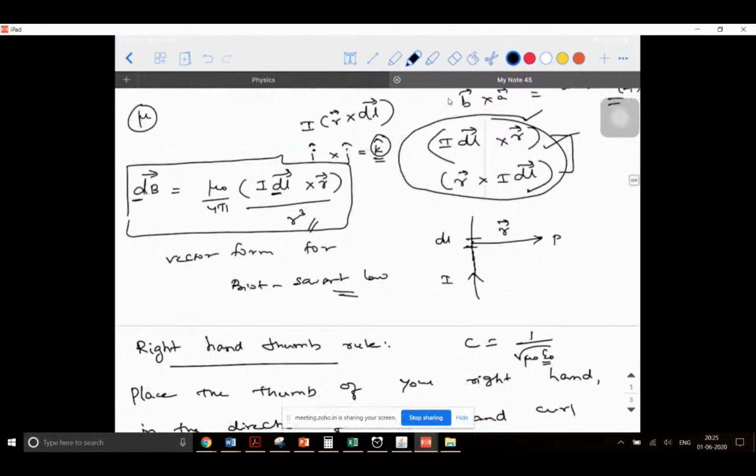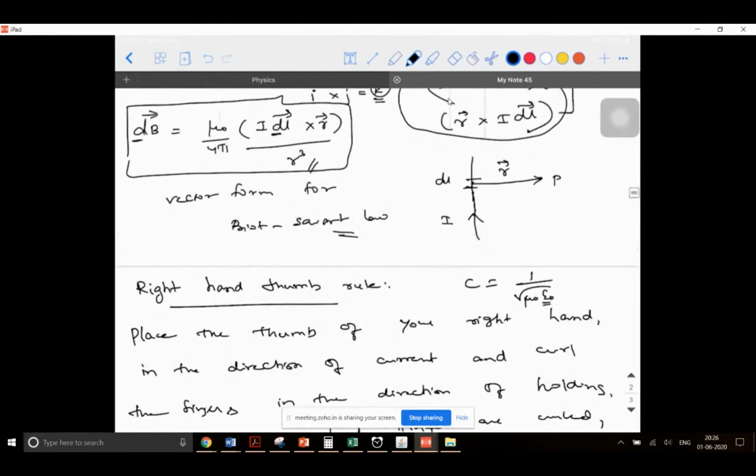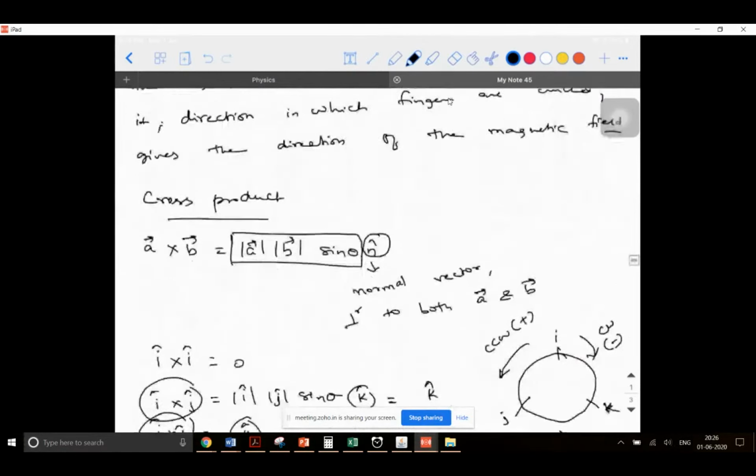So this is all about the basics of Biot-Savart law. To summarize, what is this Biot-Savart law used for? If you have a current carrying conductor and a current carrying element present in it, and you want to calculate the magnetic field due to the current carrying element at point P, then the formula used is mu naught I dl sine theta divided by 4 pi r square in the scalar form, or mu naught divided by 4 pi into I dl cross r vector divided by r cube in the vector form. So this is the major part.